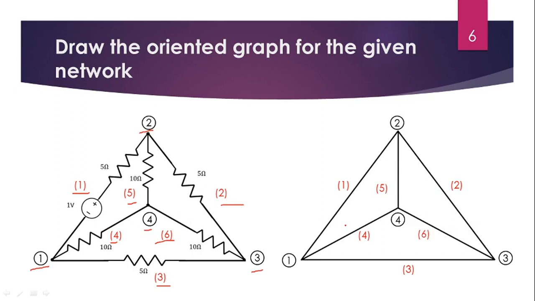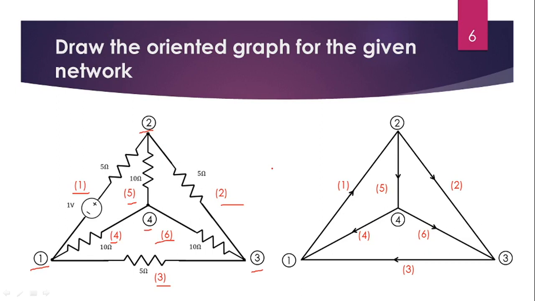What is meant by oriented graph? An oriented graph is a graph with branch orientation. Branch orientation means from what node the branches start and at what node the branches end, or we can say the line segment. So we are having the orientation. We can take the orientation of a branch whatever we want. It is just an assumption. So for branch 1, it's going from node 1 to node 2, and likewise branch 2, branch 3, branch 4, branch 5, branch 6. The direction of these branches you can assume whatever you want. So this is the oriented graph for the given network.